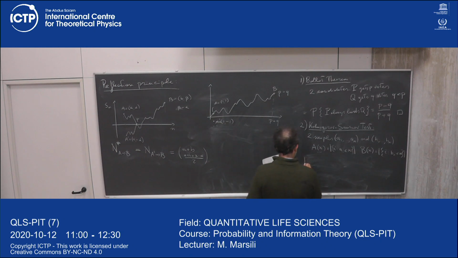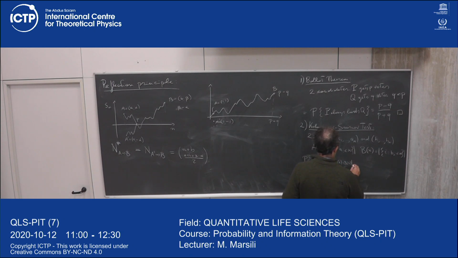And what you get is that the probability that 1 over square root n times the sup over x, so the maximum of the difference, is less than t,